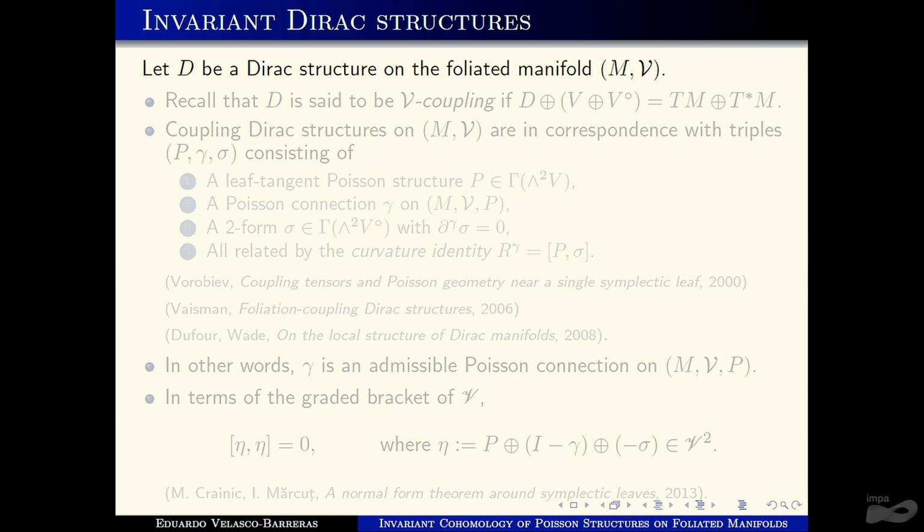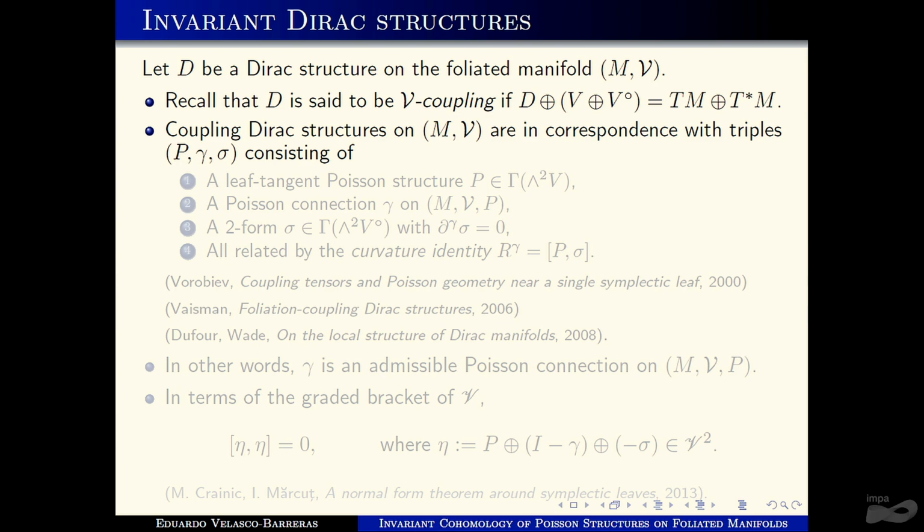We are going to deal with coupling Dirac structures on foliated manifolds, which are those Dirac structures such that this sum is equal to the sum of the tangent and the cotangent bundle. So here we have a splitting of this Courant algebroid into the sum of two Dirac structures. The main fact we are going to use about coupling Dirac structures on foliated manifolds is that they are in